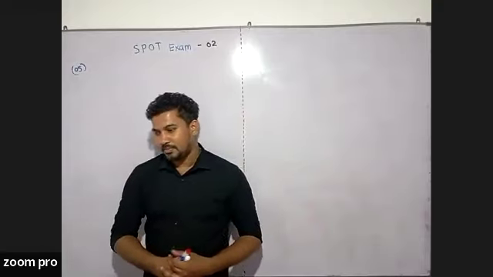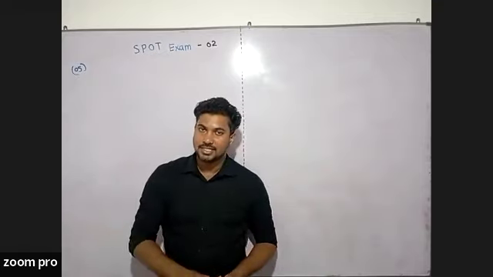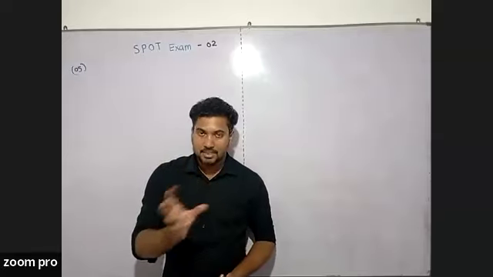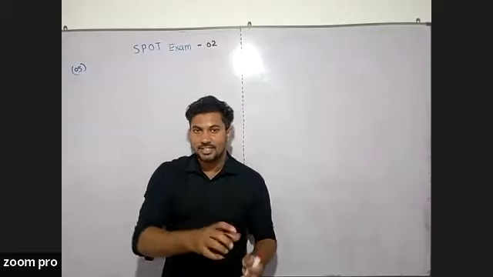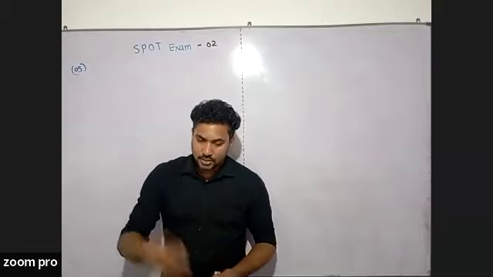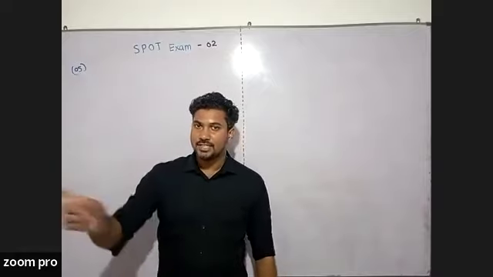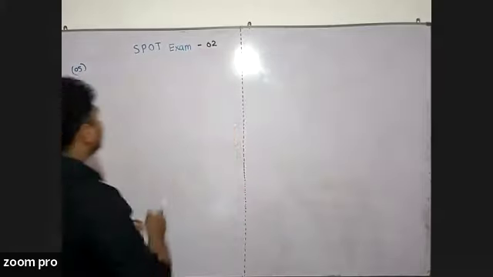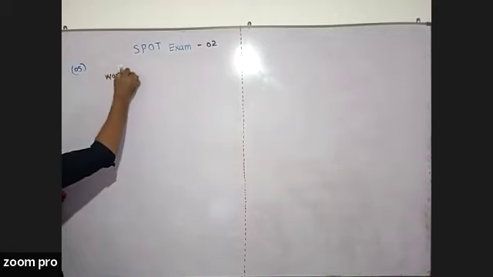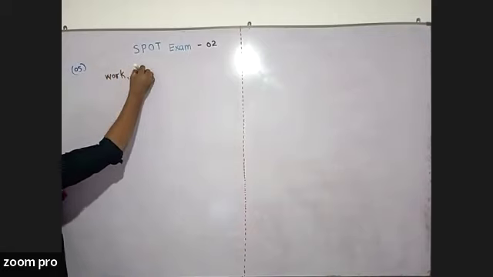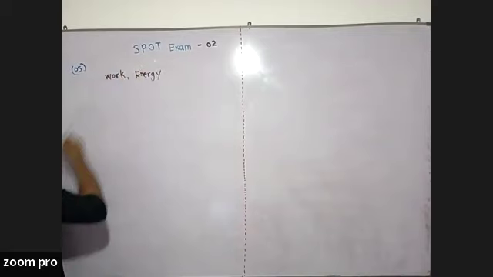So work and energy have the same set of units, right? Likewise, I will tell you some other examples which have the same set of units, right? Keep in mind that work and energy have the same set of units, and